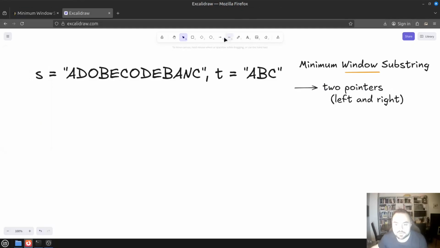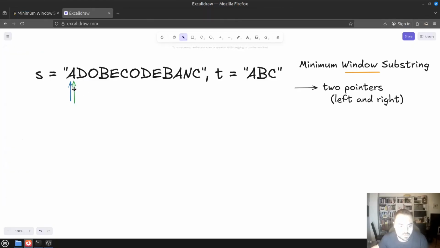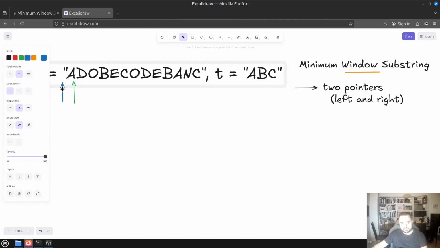And basically, maybe first, let's try to do it on the graphical level, and then I will try to explain it better with words, and then we'll convert it to code by the end. And let's use those arrows as our pointers. The blue one will be our left pointer, and the green one will be our right pointer. At the beginning, we will have them both set either to -1 or to 0, but probably 0